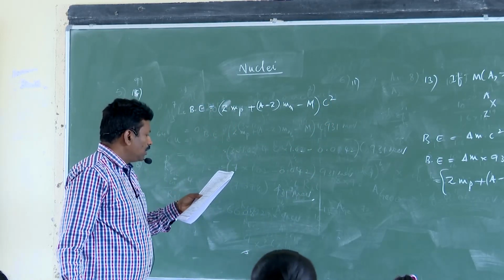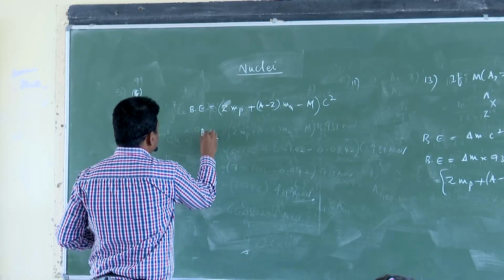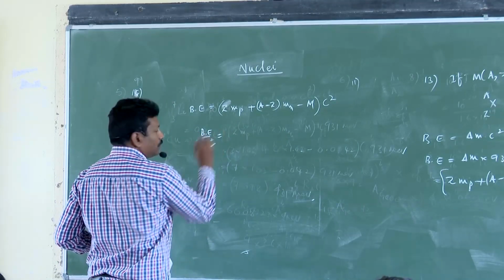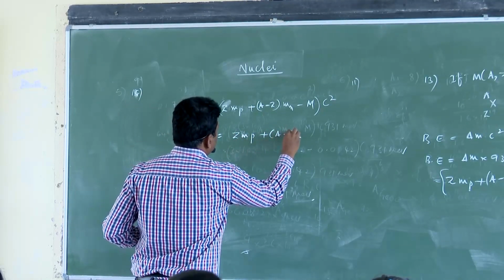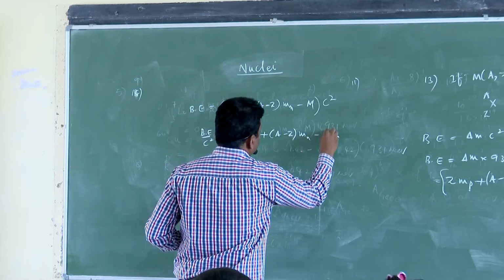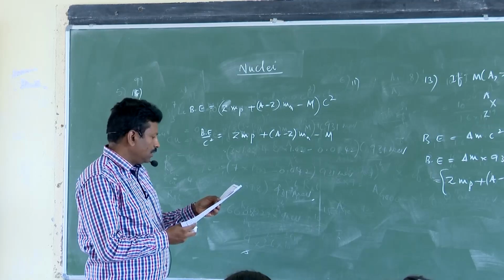Now the binding energy divided by c squared, correct now? You get Z M_p plus (A minus Z) M_n minus M. So this is nothing but